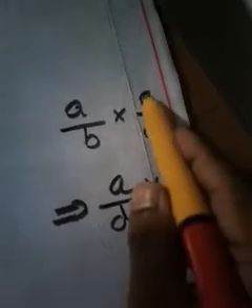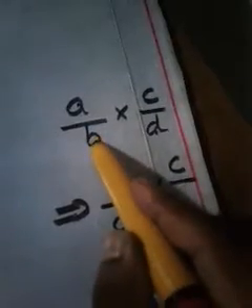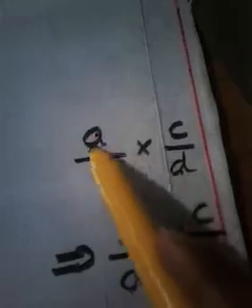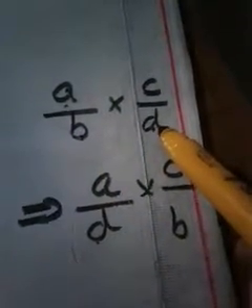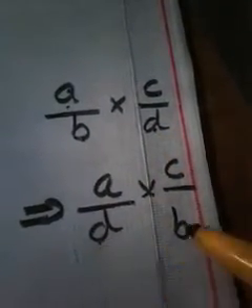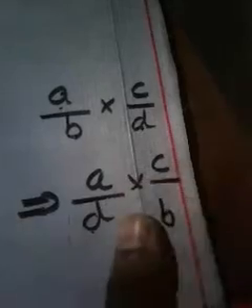Into this C as it is. Divide by this D, I already mentioned here. Then I am going to write B here. Now we just see, here A and C are in numerator. Here also, see, A and C are in numerator. Here B and D are in denominator. Here also, B and D are in denominator itself, but the order is a little bit changed. So no problem in maths.